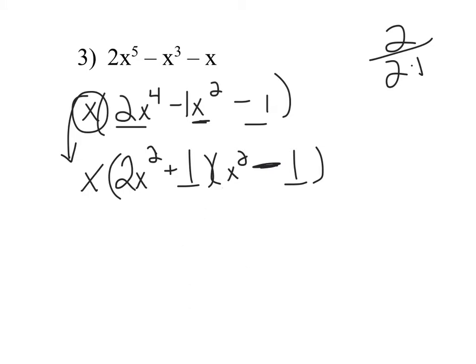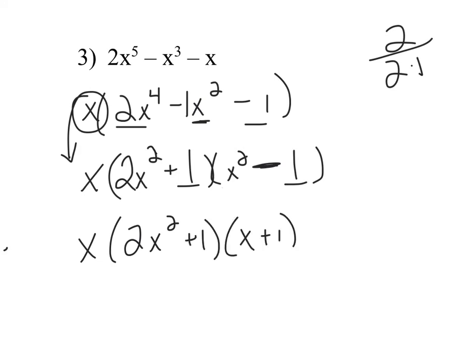So now, can I factor any more? Anytime you have an exponent of any kind, meaning anything higher than 1, you have to see if you can factor again. So this one can't. This x squared is a perfect square, but 2 isn't. So this can't be factored again, but this one can. That's x squared minus 1. So we need to bring this down and go a little further. So now this one is x plus 1, x minus 1. Remember, these two I'm not factoring, but they still have to be brought down. So here's my final